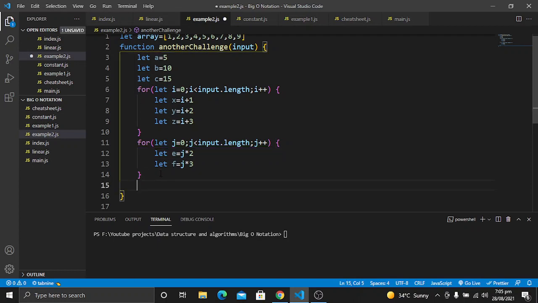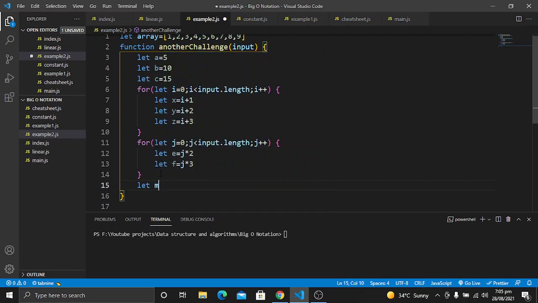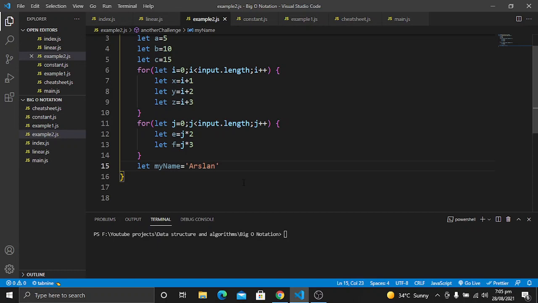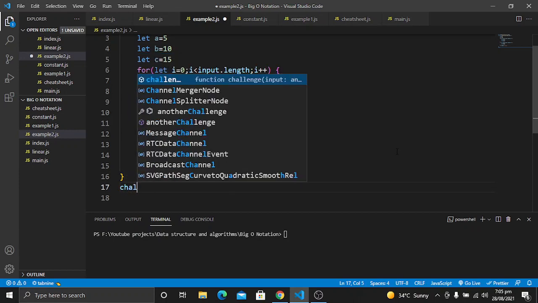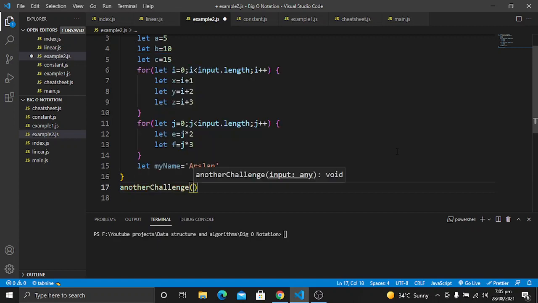Next, I will create a variable such as myName, and I will give it my name, which is Asan. And now I will call this function. The function name is anotherChallenge, and here we will pass this array as an argument.